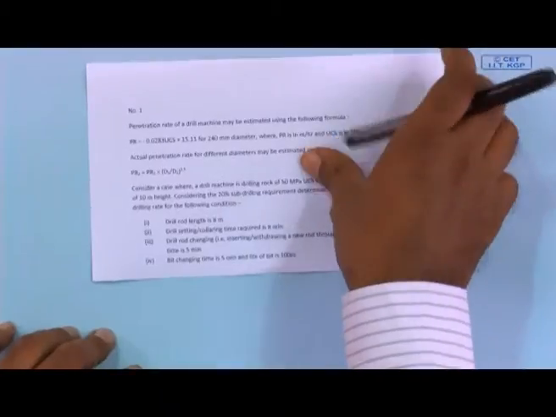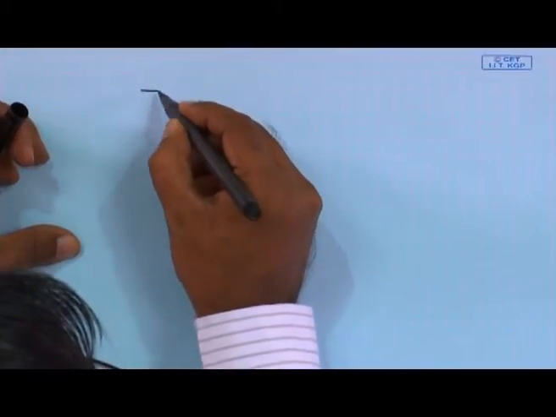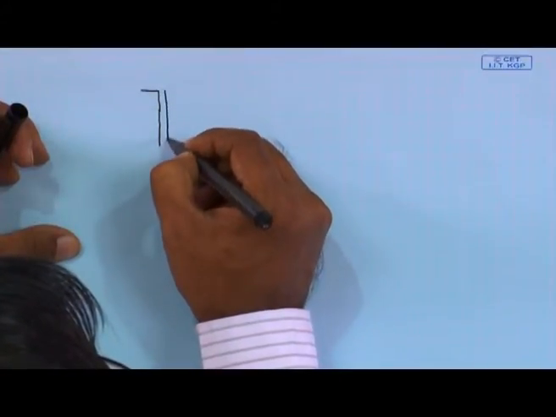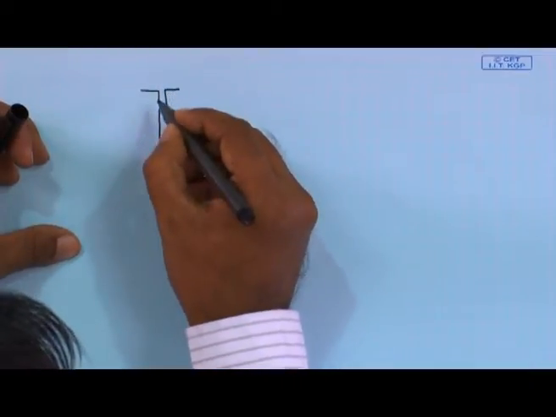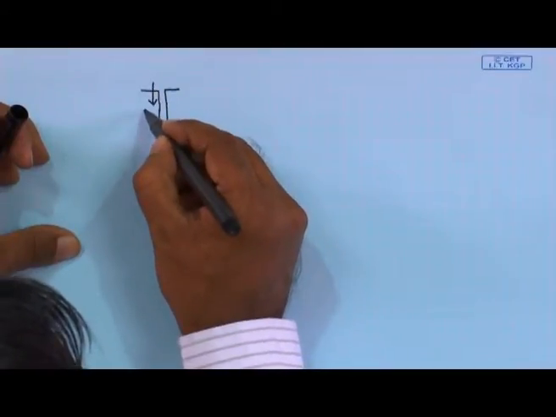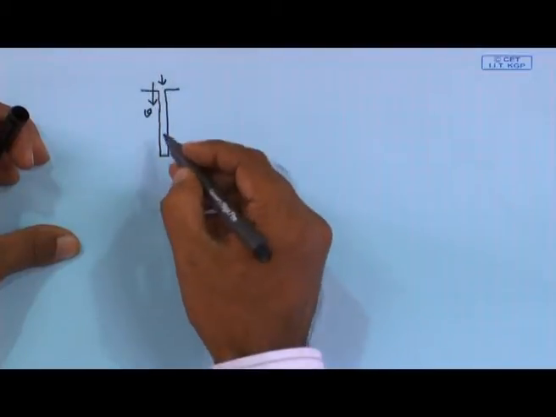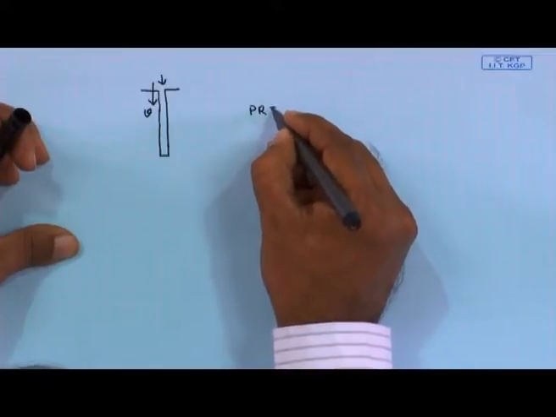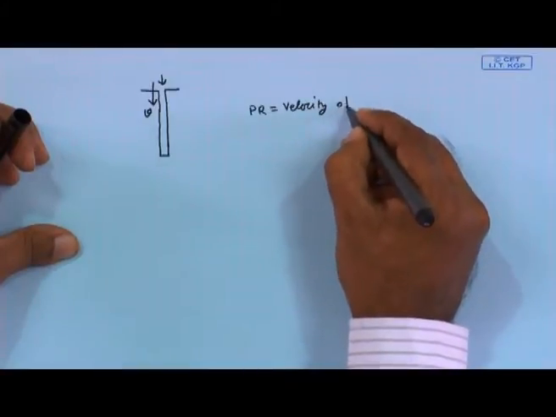So, let us see, in this case if we are considering that this is the hole to be drilled by the drill machine, the speed at which the drill bit is moving inside the rock mass is called penetration rate. So, penetration rate is nothing but the velocity of penetration,